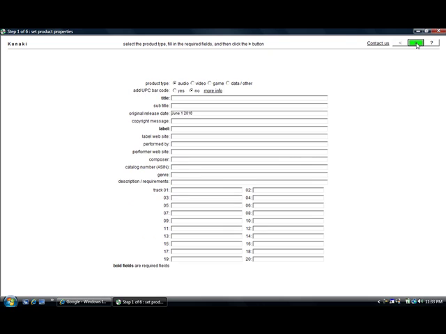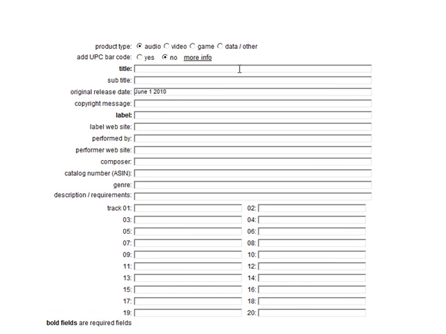So let's get moving. So I'm going to start from the very top here, and I'm going to just go ahead and create a title. We'll just call this Kunaki How To. And then the original release date is June 1st, 2010. And then the copyright message we can put in there. Then the label, I'm just going to put in Chris Robinson International. And then the label website, I'll just use my website here,